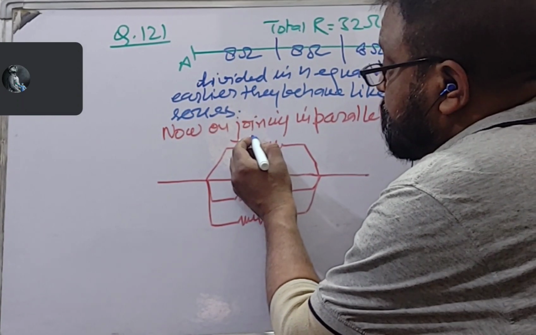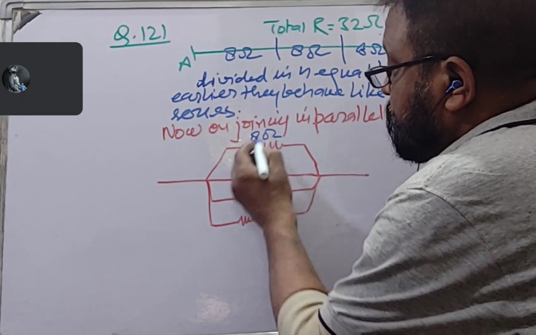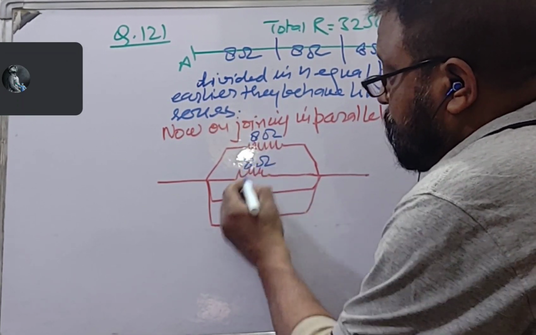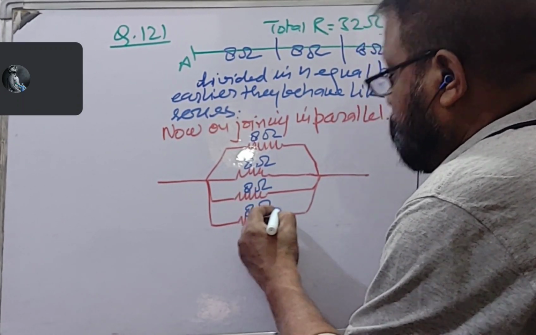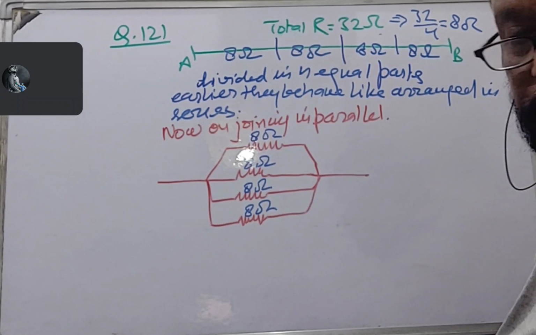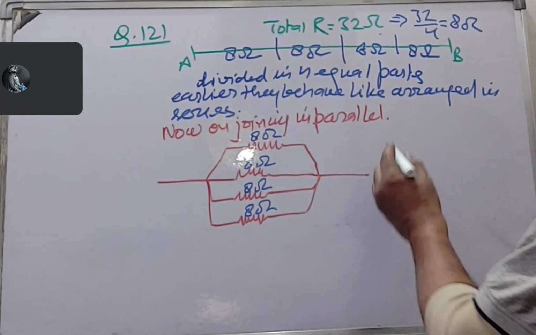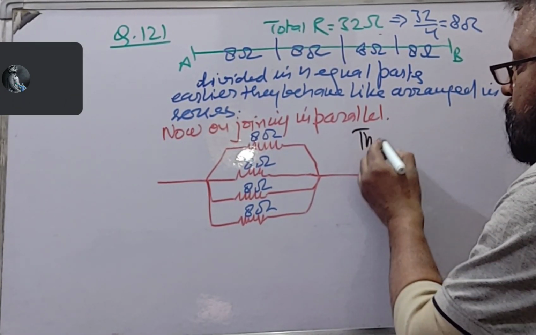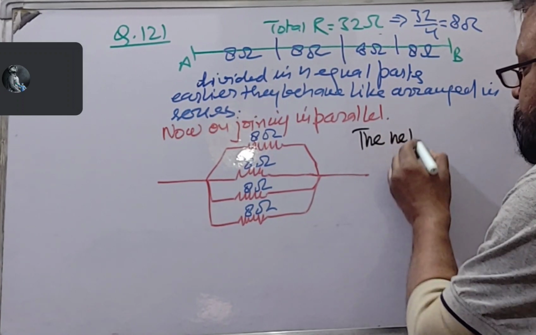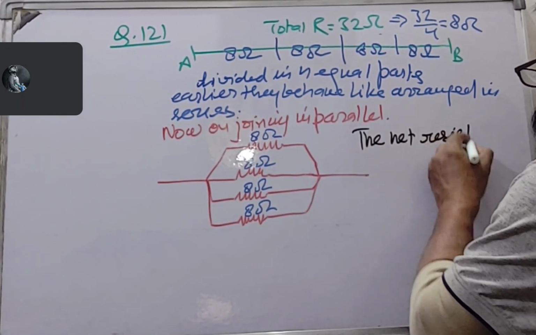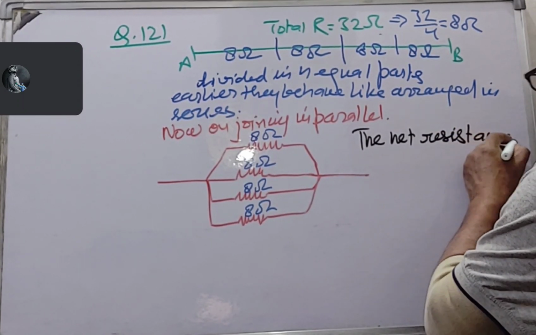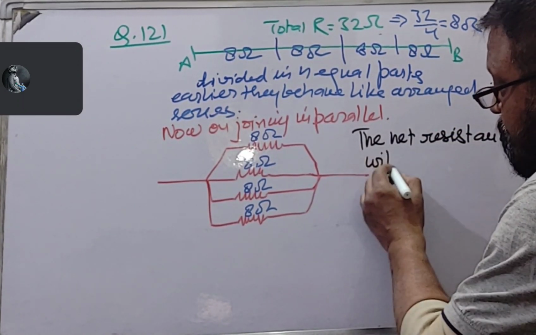Each is having a resistance of 8 ohm, 8 ohm, 8 ohm, 8 ohm. Then net resistance will be